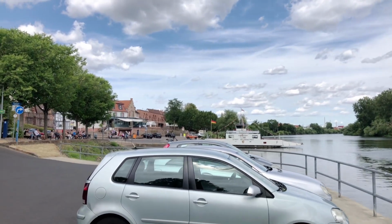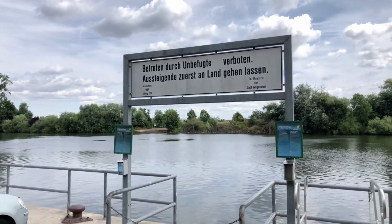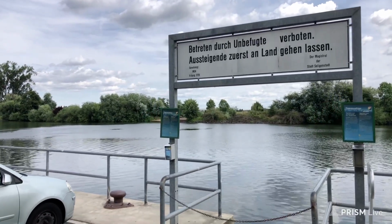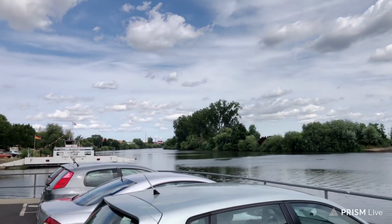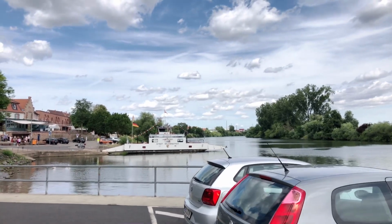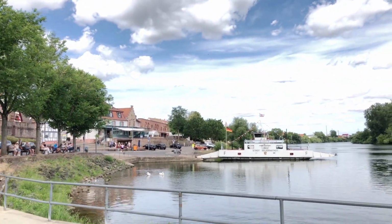So here is an Anlegesteg. It's basically a pier. It doesn't look that big, but it's very, very popular that ships stay here overnight. So people have the opportunity to explore Seligenstadt during the day, I should say, and overnight they carry on to the next destination. So here we have the Seligenstadt Fähre, which connects Seligenstadt with the other side of the